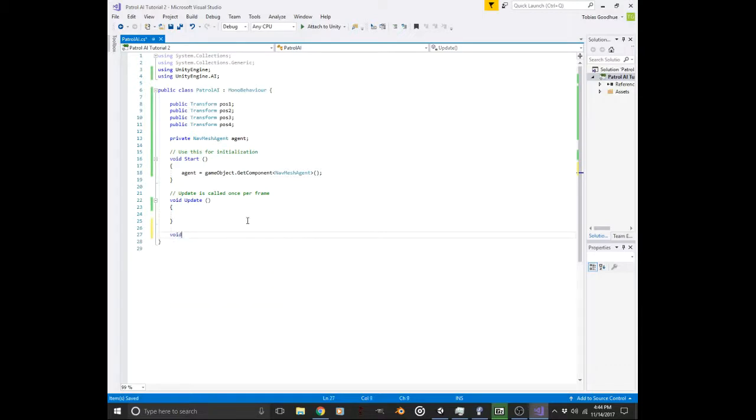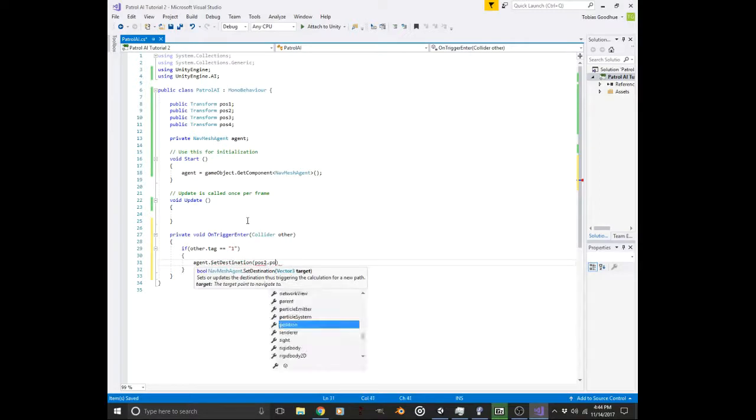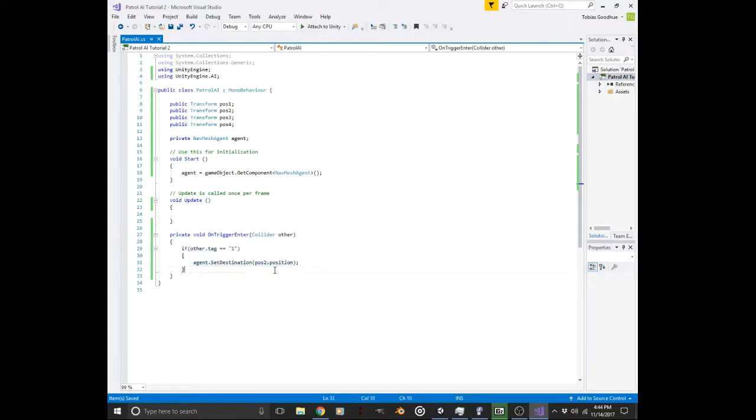Now next thing we need to do is just go void OnTriggerEnter, and we want to go ahead and make an if statement that says if other.tag is equal to 1, then we want to go ahead and go agent.SetDestination to pause2.position. Alright, so now that we have all of this stuff right here, we can just go ahead and copy this